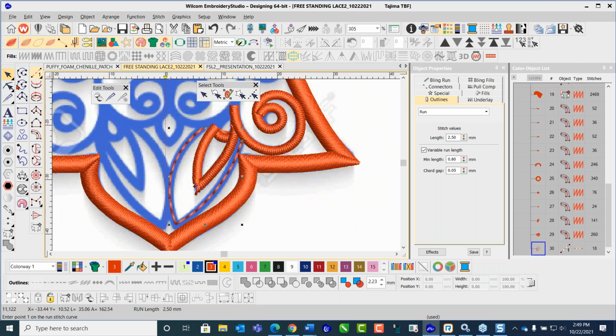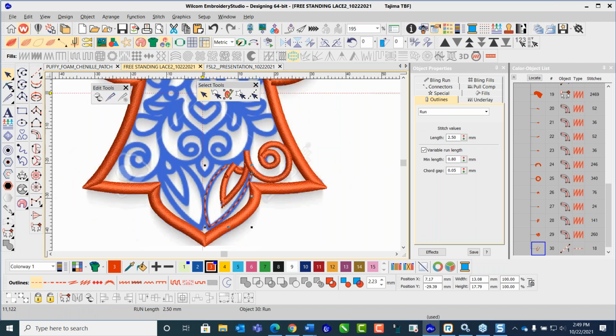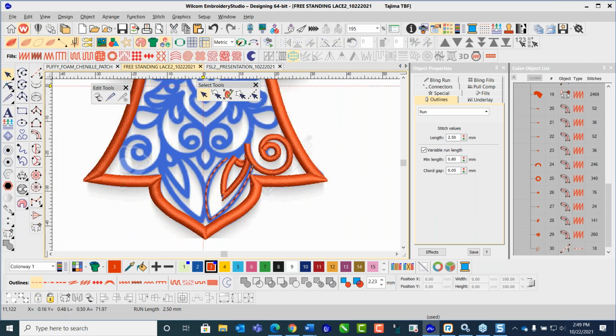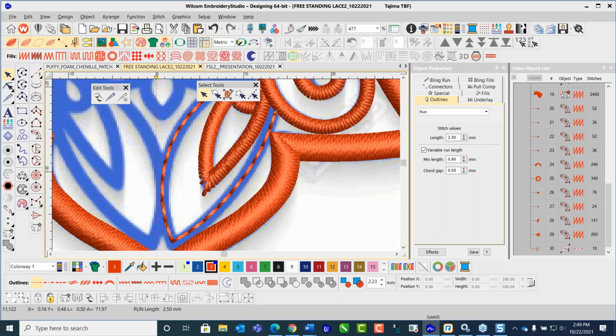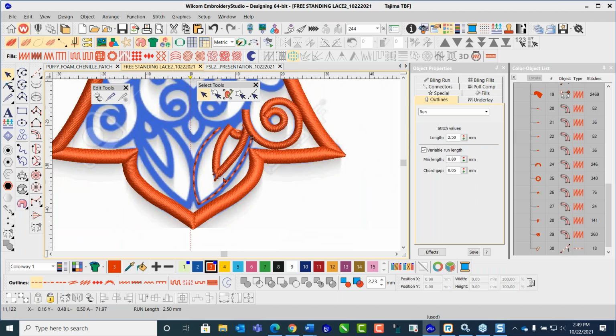Okay. And so I've got my running stitch here with this. Okay. And what I want to do, I want to click this one. I want to do a Control D for this one. And I want to flip this over. I want to place this on the other side here